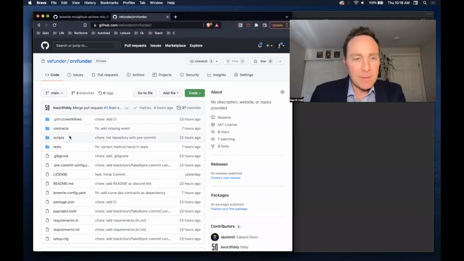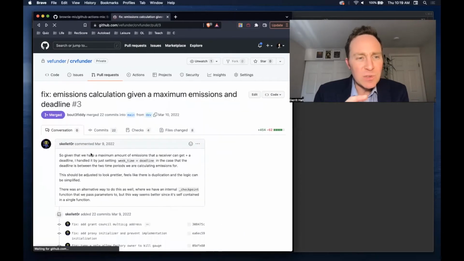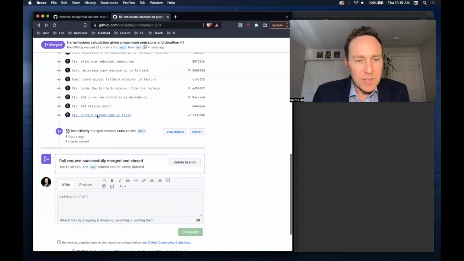The important thing with an application is how are you going to work with a team? You have a great team of heavy hitters, as I mentioned here. How can everyone collaborate in GitHub? We've previously been using GitHub entirely on our own. So looking at this recent commit within CRVFunder, you might have noticed on several more advanced levels of GitHub, once